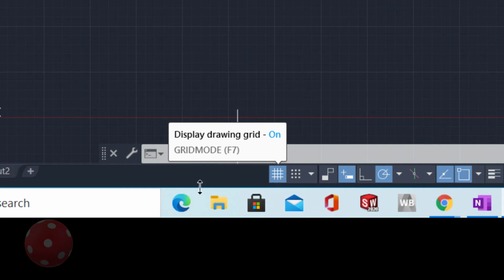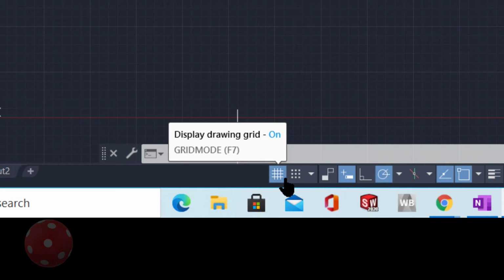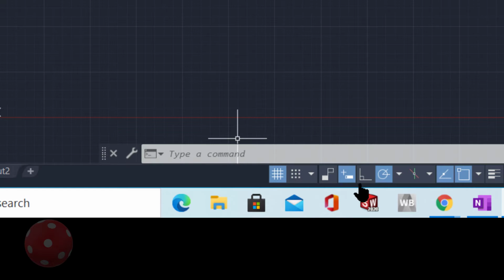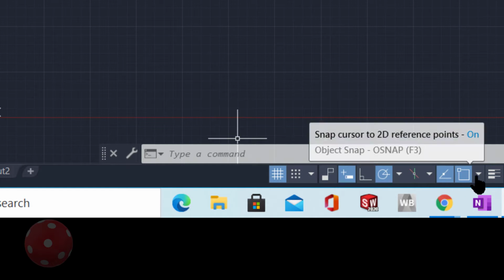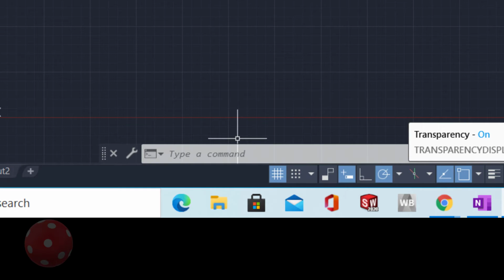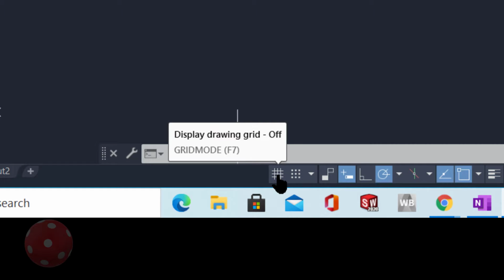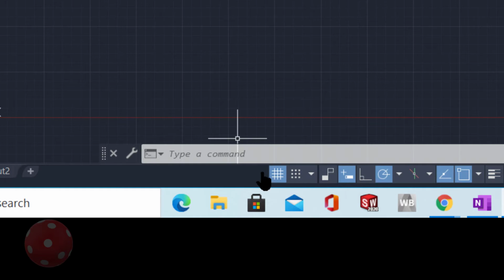If it is highlighted, you can see in this task bar that some icons are highlighted with gray color and some are in black color. Basically, those are on or off. If I click on grid, it will be off and become black. If I click once again, it will be highlighted.